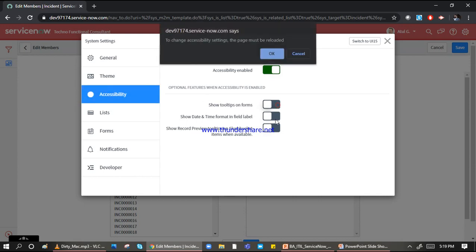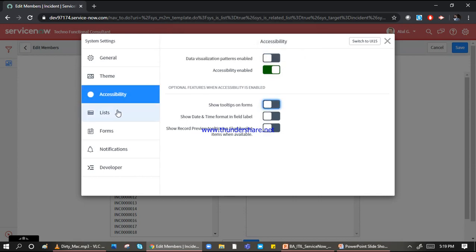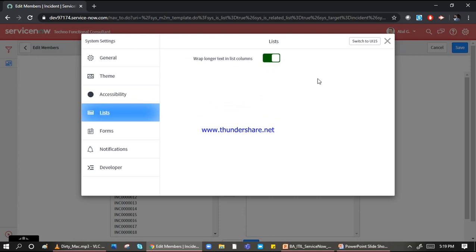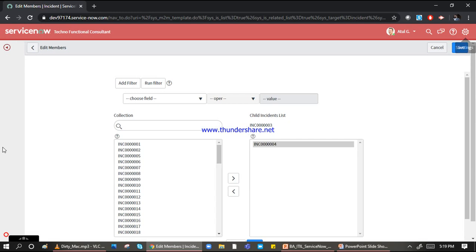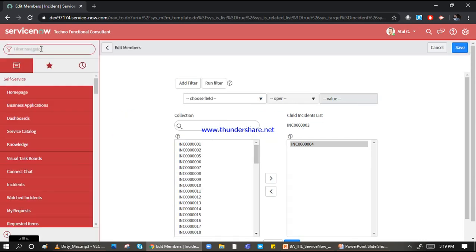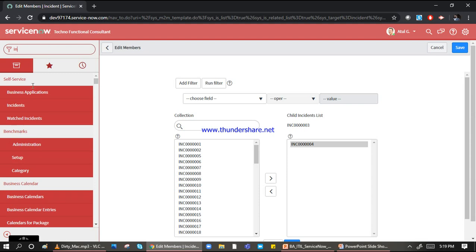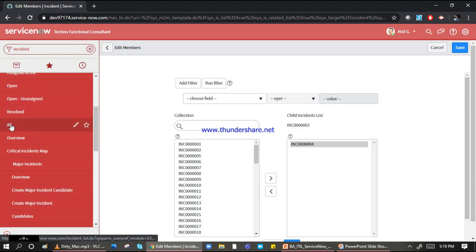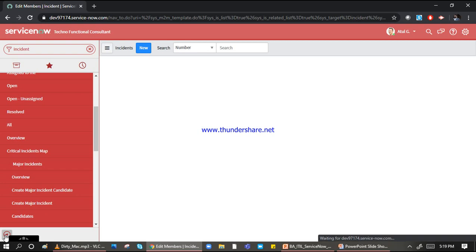So let me turn on everything here. Let me cancel, because otherwise it takes time. List, wrap longer text in the list column, a very important point. Let me go to the list view here, incident. Okay, let me click on all incidents.